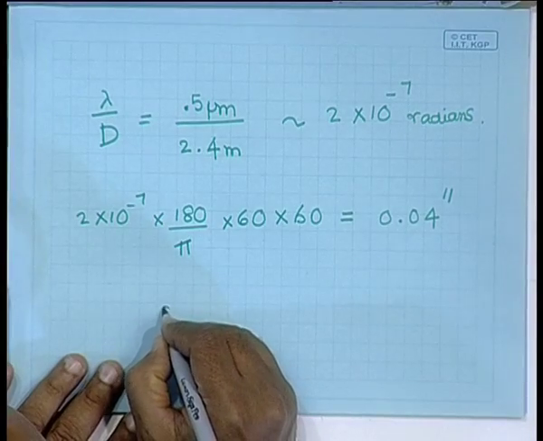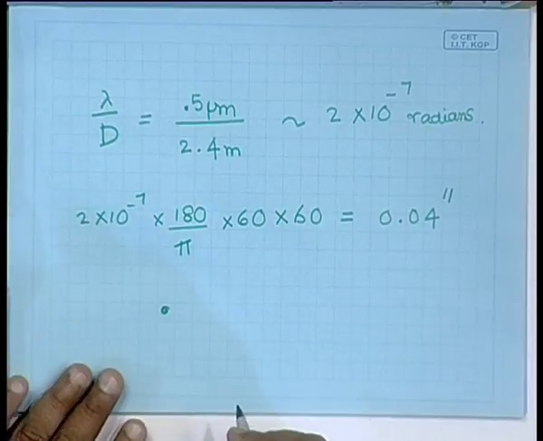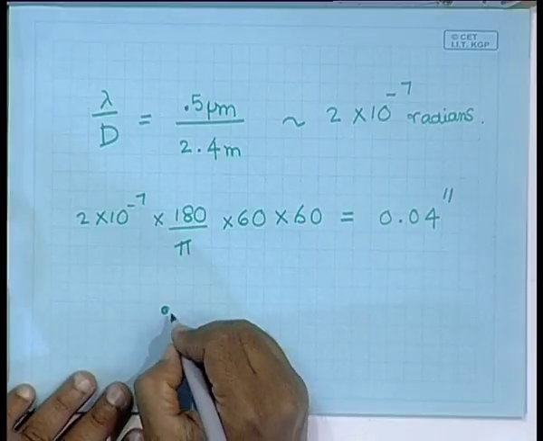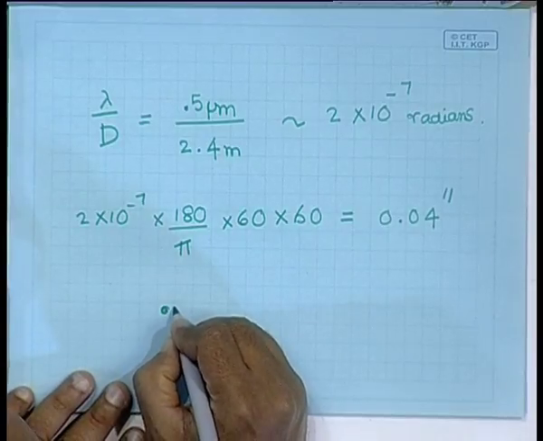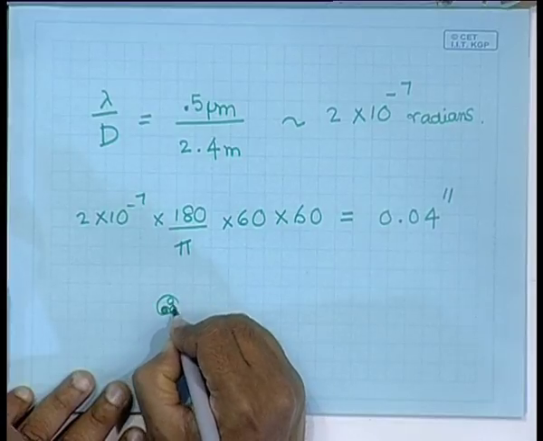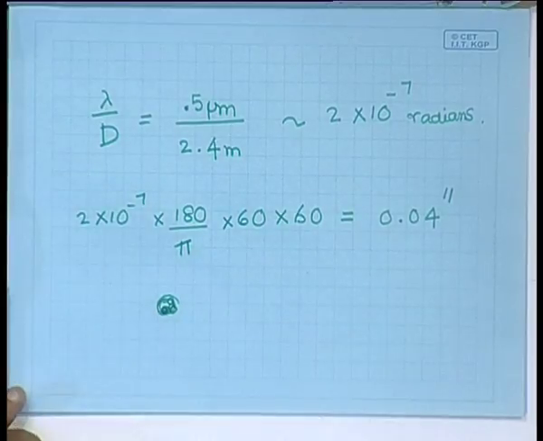As a consequence, if I were to make an image of a star, at one instant of time the image of the star would appear somewhere here. At the next instant of time, the refractive index of the atmosphere would have changed, causing the image to move around. So, the image would be shifted, and finally, the image which you get would actually be quite a bit larger than that